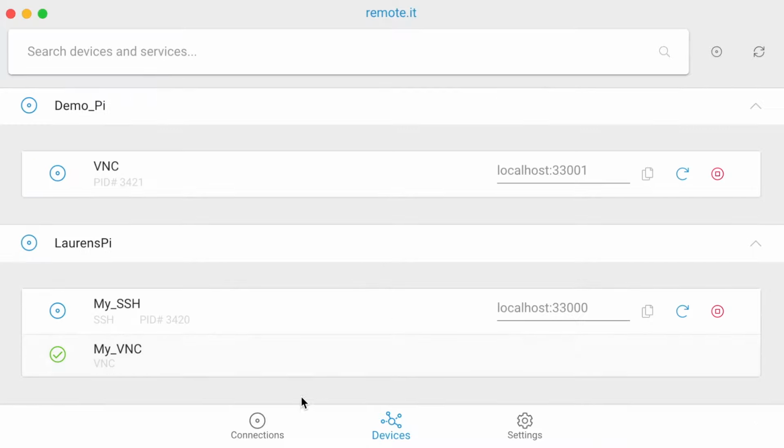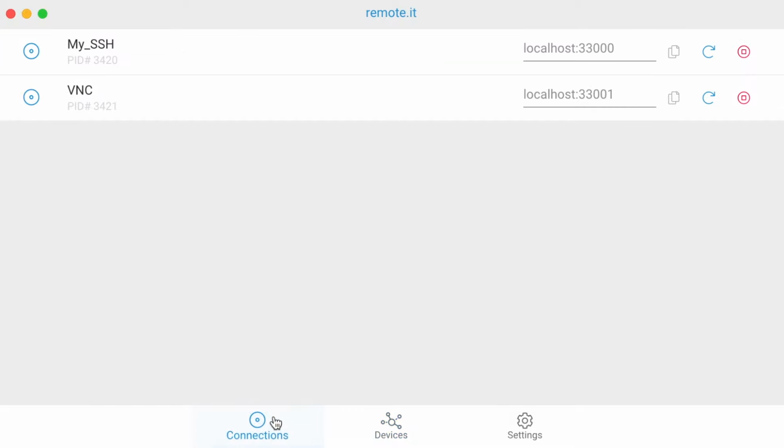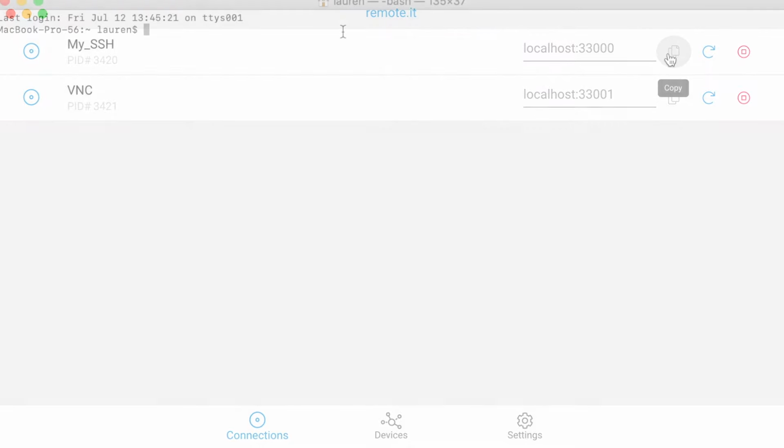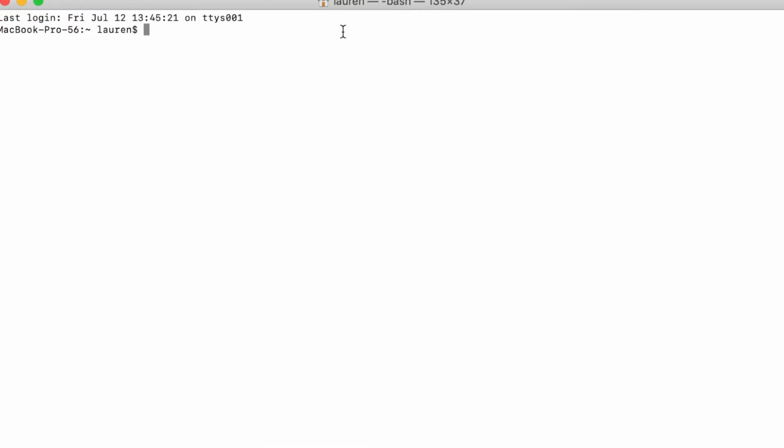To see your current online connections, go to Connections. Here you can see that both my services are online and each has a local host address and is on a different port number. For example, to form an SSH connection, you can go to your computer's terminal and run the command